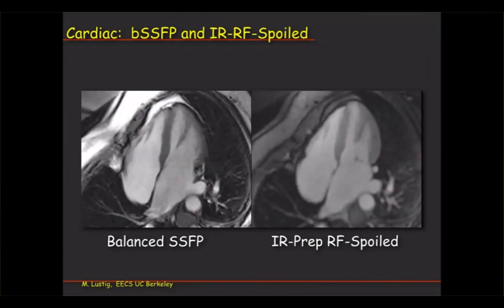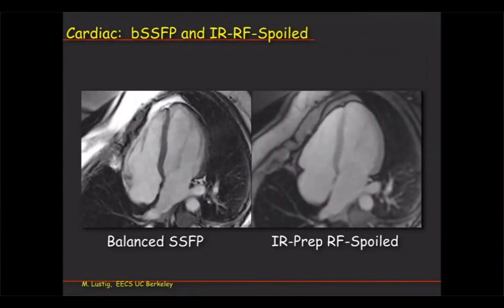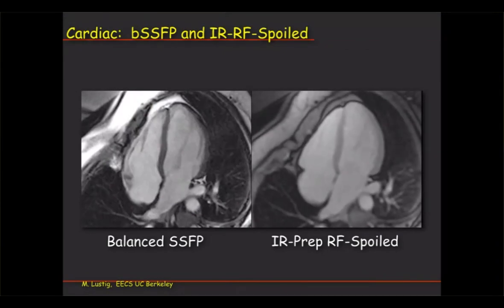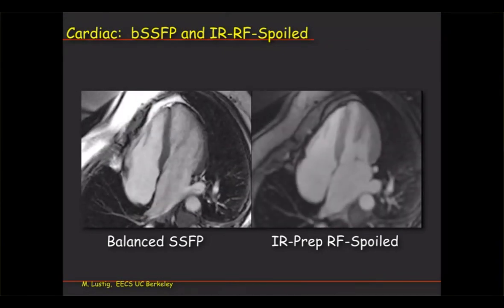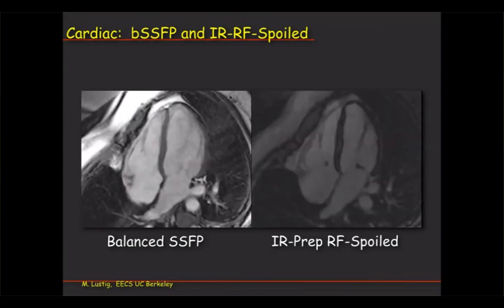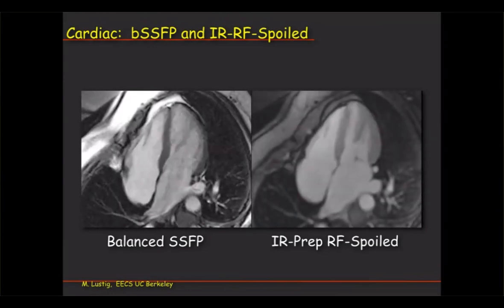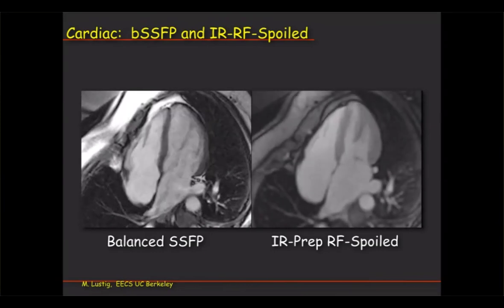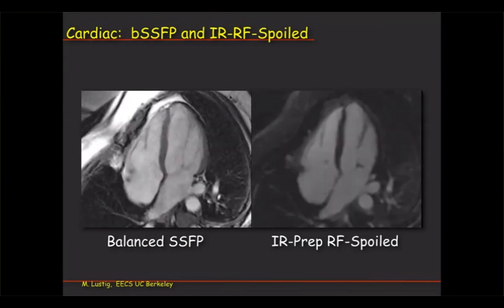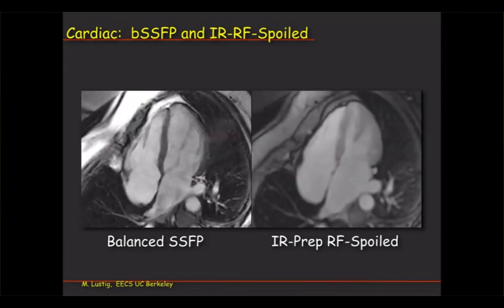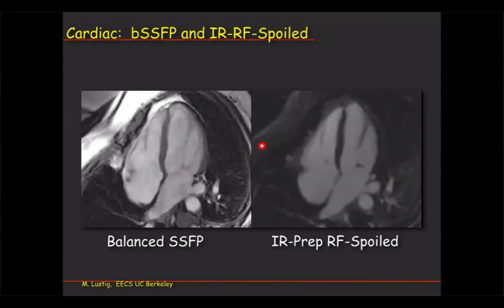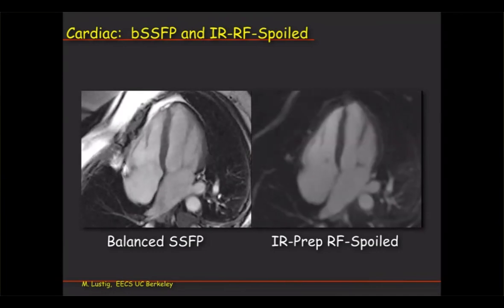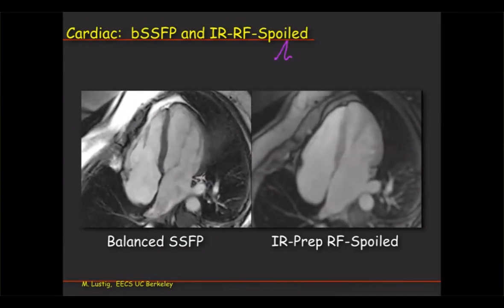Okay, so you invert, and what you do is, based on the RR cycle of the heart, you trigger the inversion. So let's say now you've got a trigger, so the heart starts contracting, right? Then you do an inversion, and then immediately after you do the inversion, you start performing imaging. And what happens is that while you're collecting those images, fat starts recovering. You see, fat starts recovering. And the contrast actually changes within the cardiac cycle, because the way you do it is,